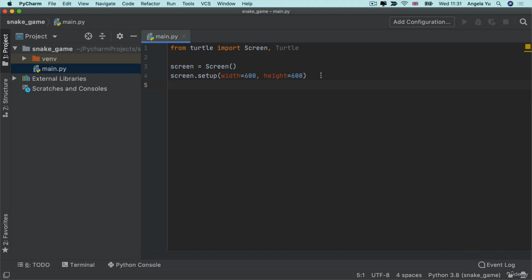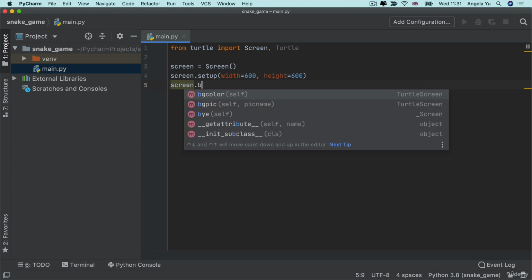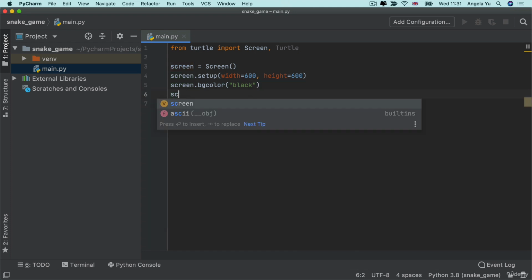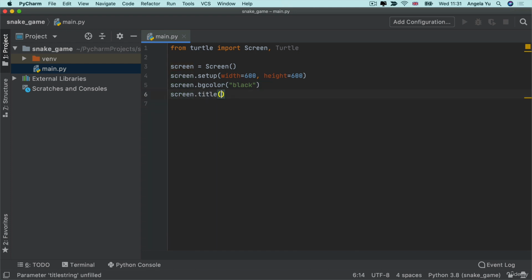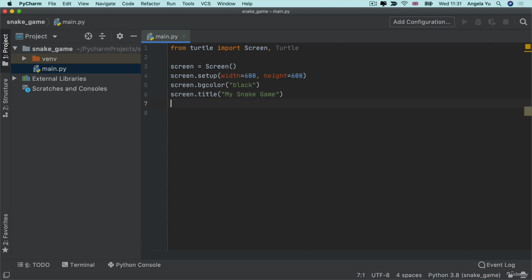Now, the other thing I want to change is the screen's background color. So there's a method called bgcolor, and inside here we're going to write the text black so that we end up with a black screen. Now, another thing that you might not have seen before is how to set the title of the window that shows up. And we do that through a method called title, and you can name your program here. So I'm going to call it My Snake Game,